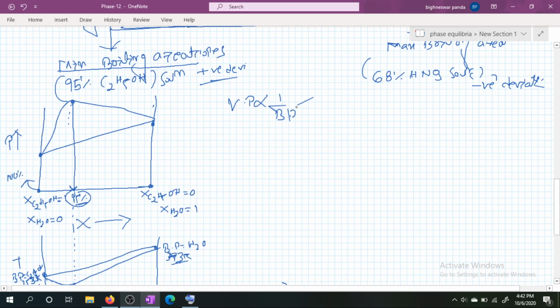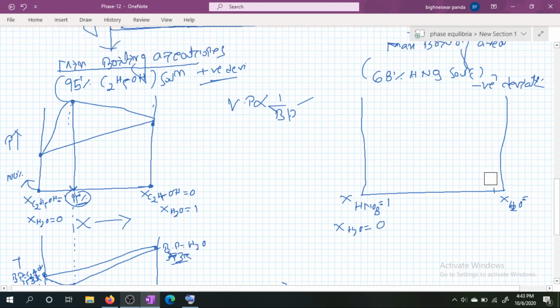Negative deviation means... so negative deviation means... sorry, H2. X